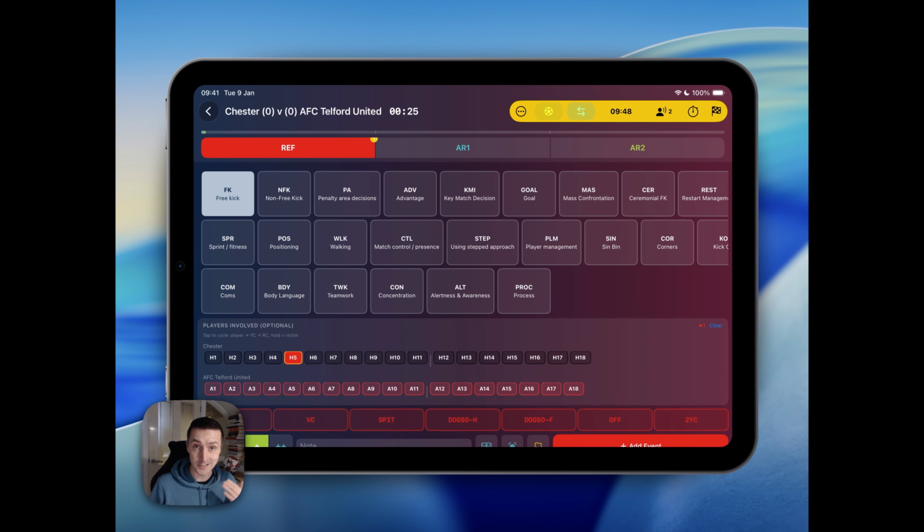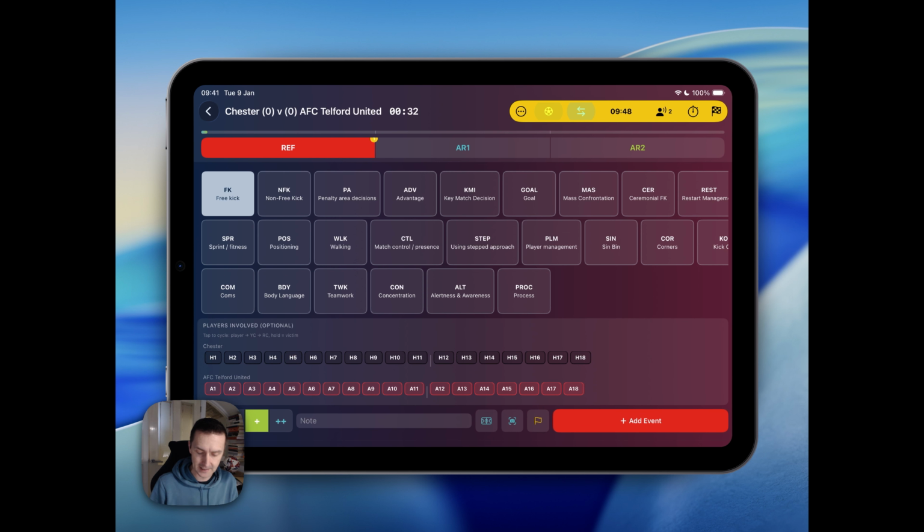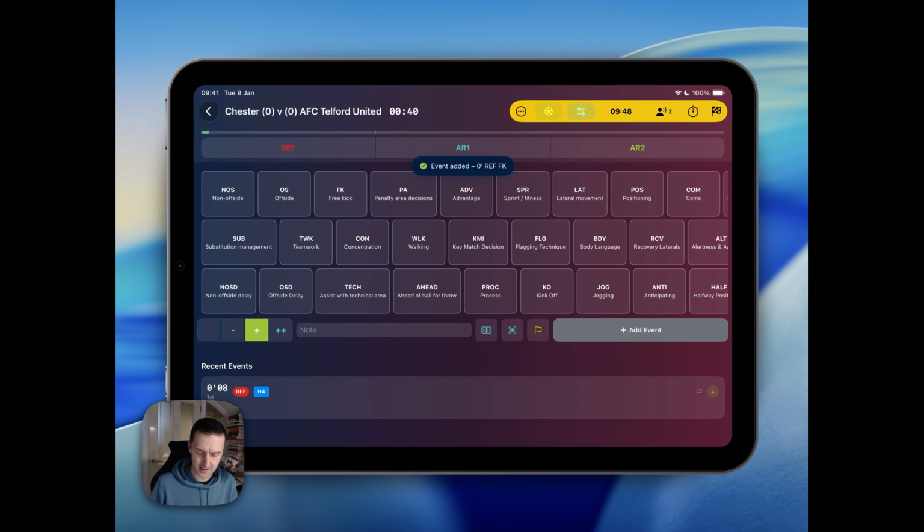We tap it again, it changes to a send-off offence, and then you can choose which send-off offence that is applied to, or we tap it again and it completely clears that. So you can cycle through that to be able to log those particular incidents. So this one we're just going to give a free kick to home 4, tap event, and obviously you can